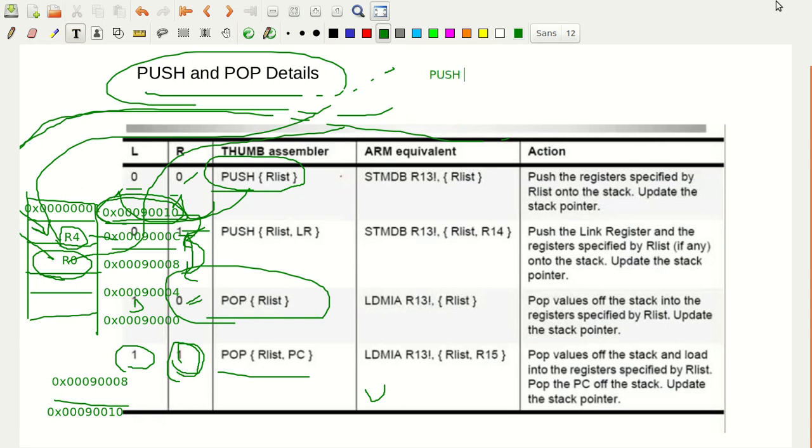Push. Let me write the same registers: R0 comma R4 comma link register. Now again pop R list: R0 comma R4 comma PC. PC is basically the program counter, that is the R15 register. Of course, this is all capital.